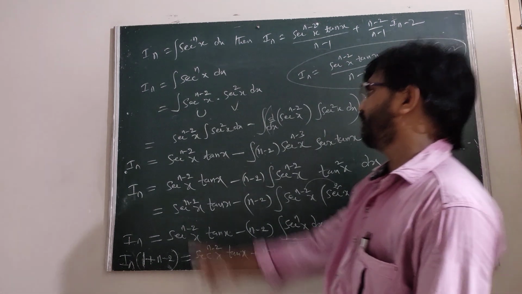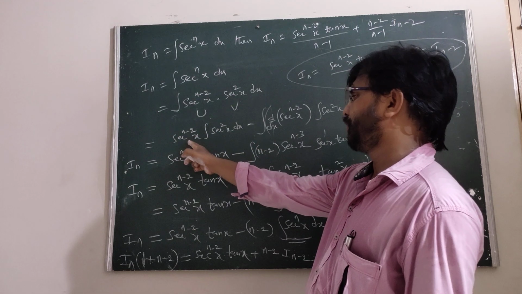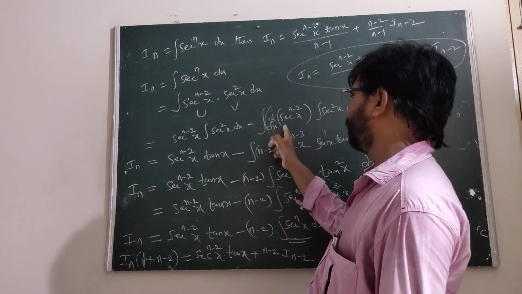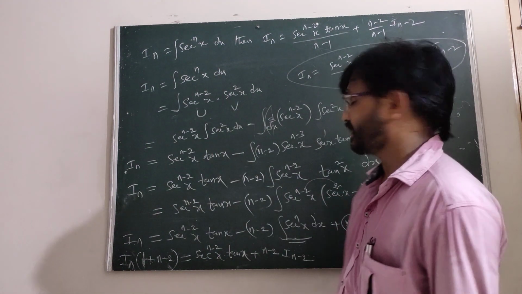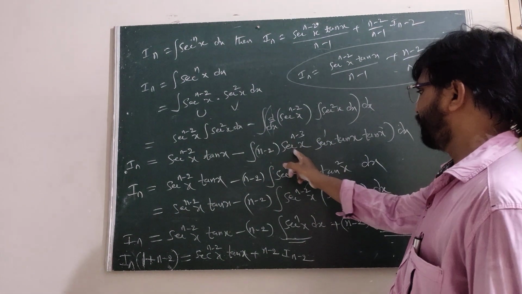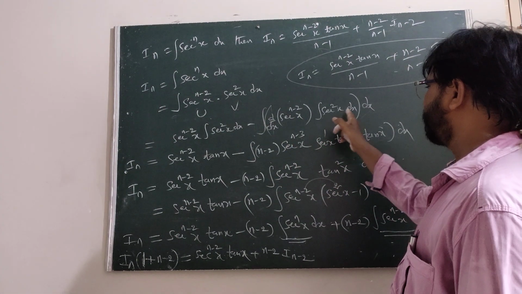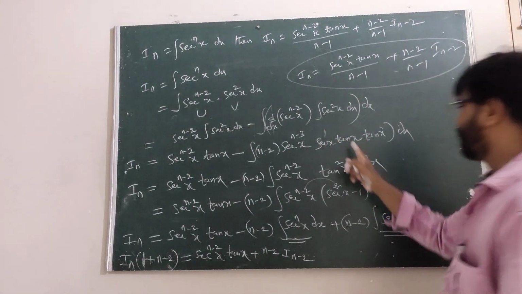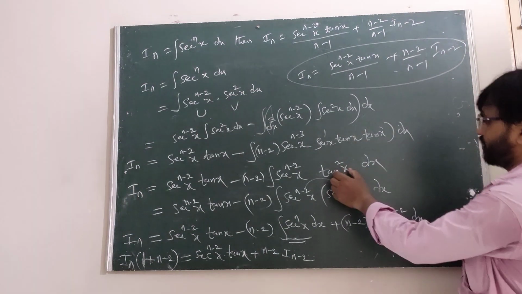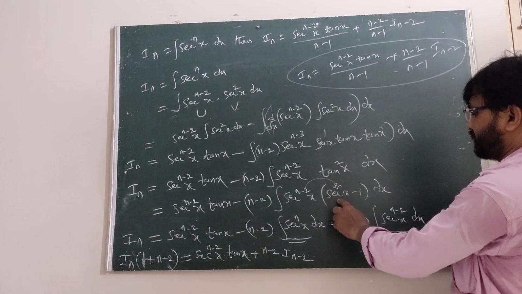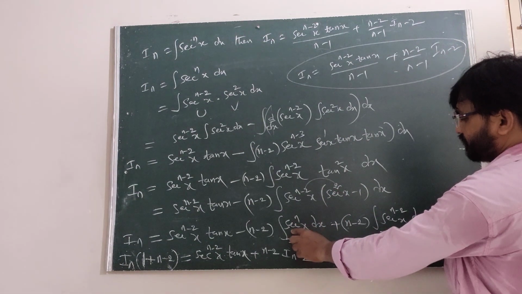How to write this one? In the first step, we are taking minus 2 plus 2. After it is compared with u into integral v minus integral of derivative of u into integral of v. Integral secant square x is tan x. Here x power n is n into x power n minus 1. The derivative of secant x is secant x tan x. Integral of secant square x is tan x into dx. Here the next step is tan into tan is tan square x, which is secant square x minus 1. After multiplication, minus 2 plus 2 cancel. This is secant power n x.